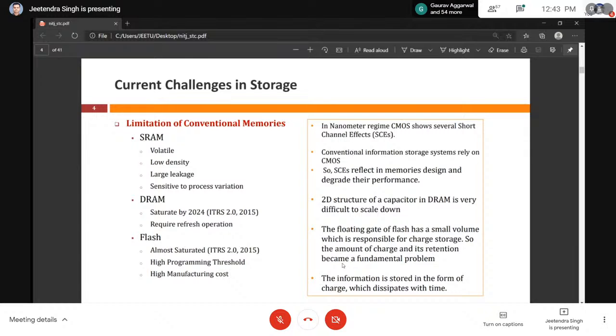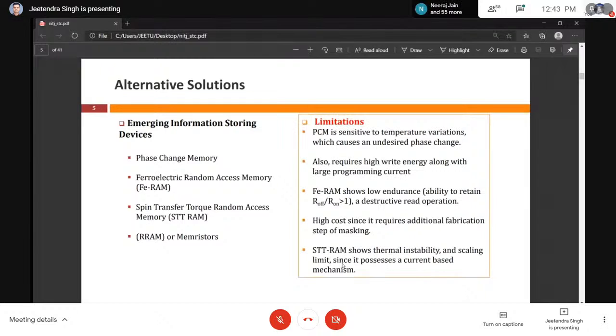Also, you can see that when we scale down our transistors in nanotechnology, many short channel effects appear, and we know that conventional memories rely on these transistors. So whatever difficulties arise in transistors are also reflected in the memories. So there is a need to advance some novel memories. There are certain memories that have evolved over the years, like the phase change